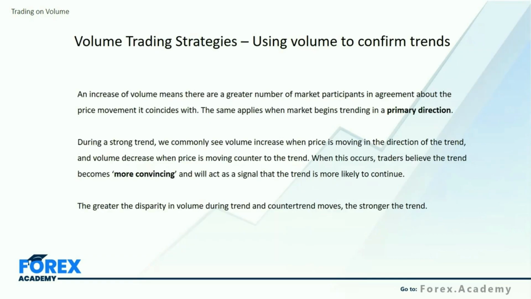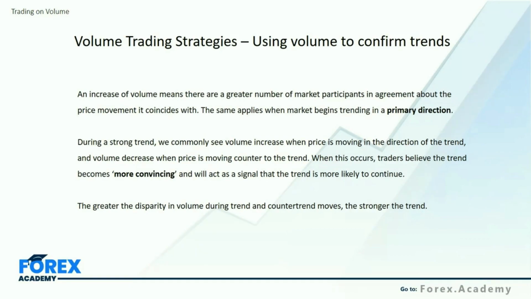An increase of volume means that there are a greater number of market participants in agreement about the price movement it coincides with. So simply, a greater number of market traders agree that the price is moving in this direction. The same applies when the market begins trending in a primary direction. As we have a more mature trend, there's a more constructive level of agreement between traders, and that actually shows up in the volume. As traders come together, the trend is very well defined. There's more belief, there's more volume interaction with this instrument in particular, and that will lead to continuation of the